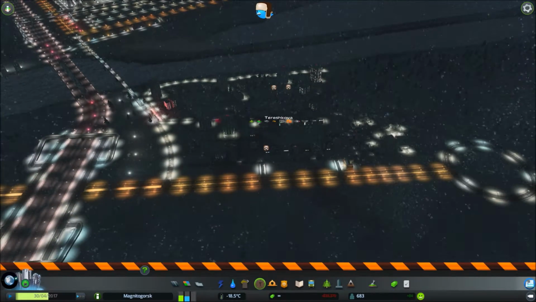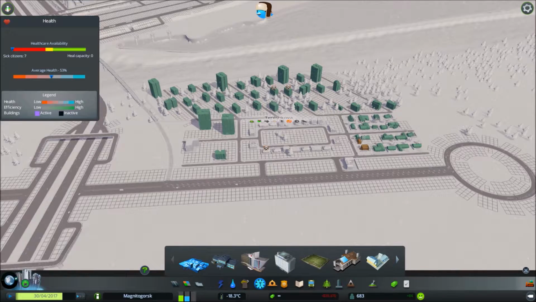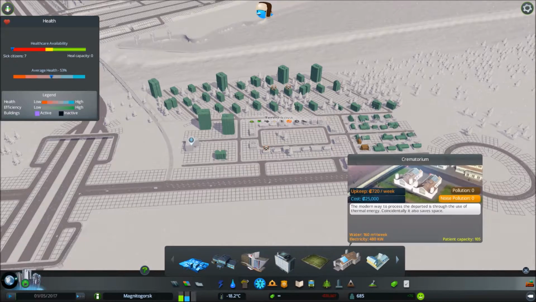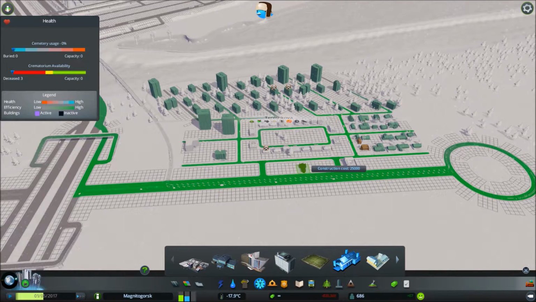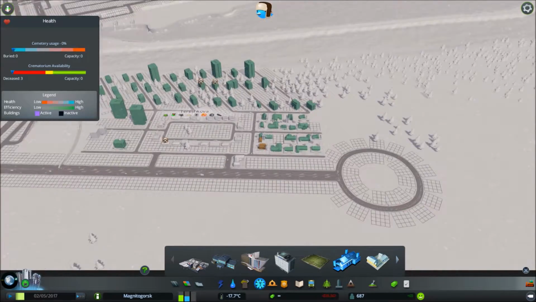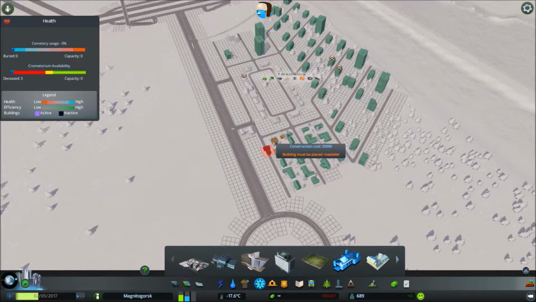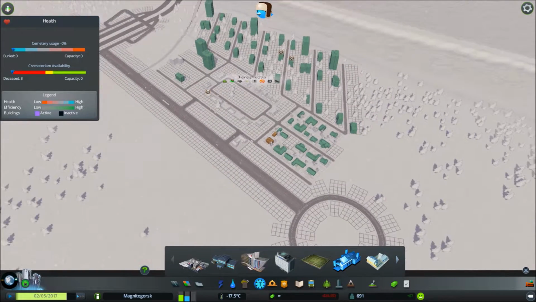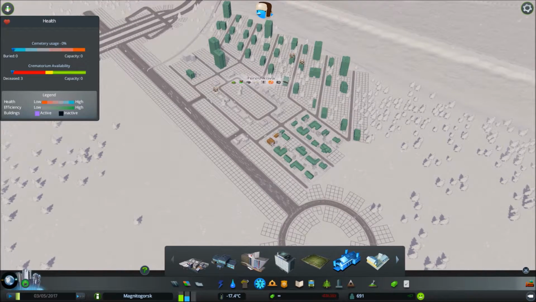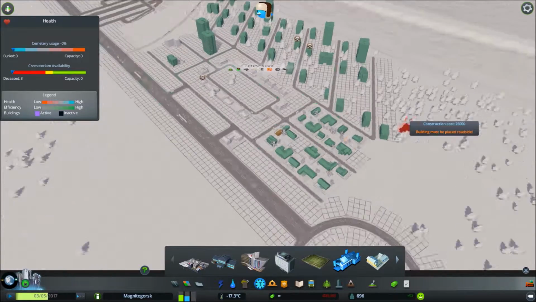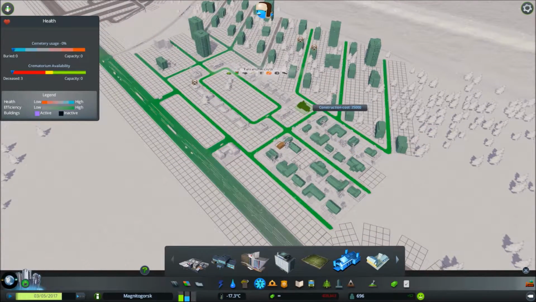Ooh, we have dead people, because we don't have any hospitals. People are kind of dying. Fair enough. Crematorium. Where should we place those? We don't yet have a kind of municipal centre for things like this. We're going to have to build one at some point. Maybe around here. Let's plonk it down here for now at least. Okay,